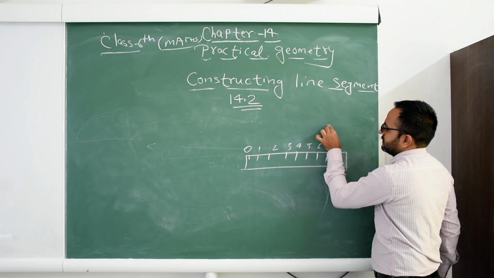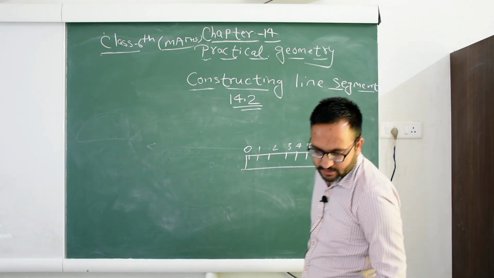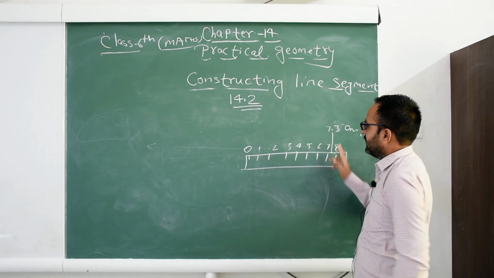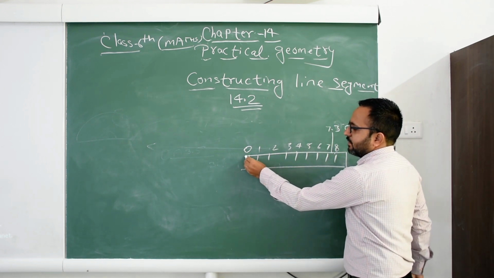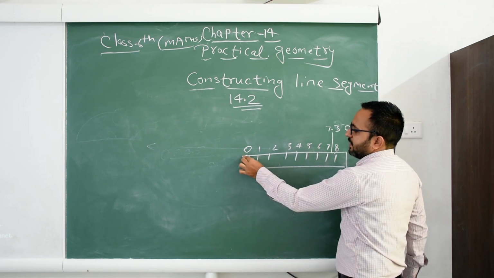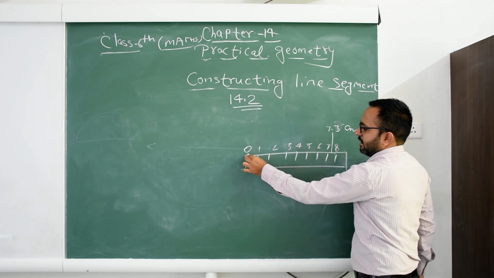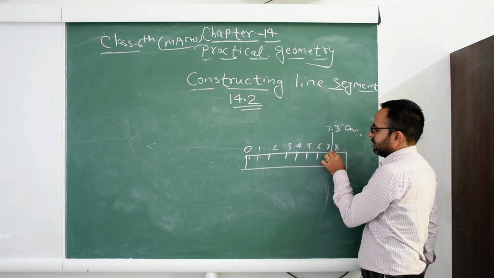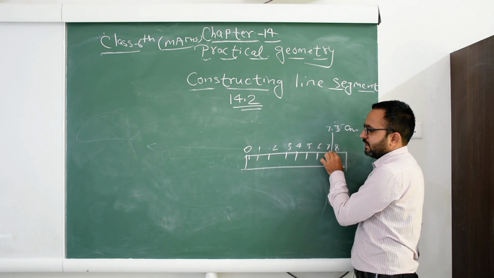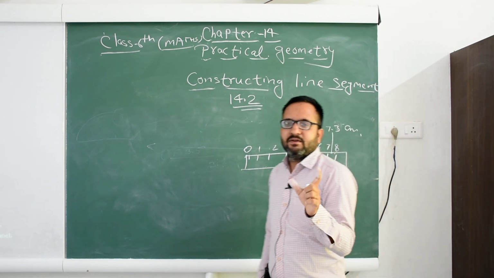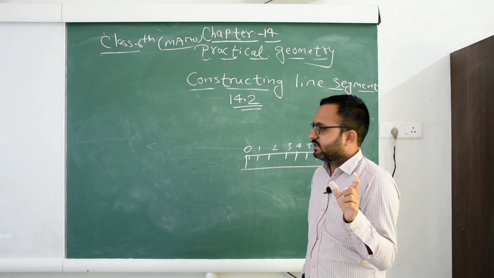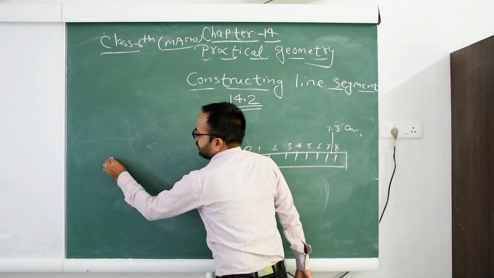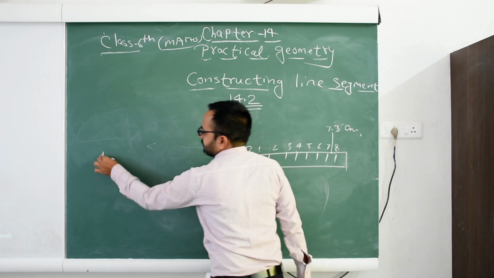So this is 7.3 centimeter. Now we use the compass, put one point of the compass here and open the compass, and another point of the compass is here, and without disturbing the compass,